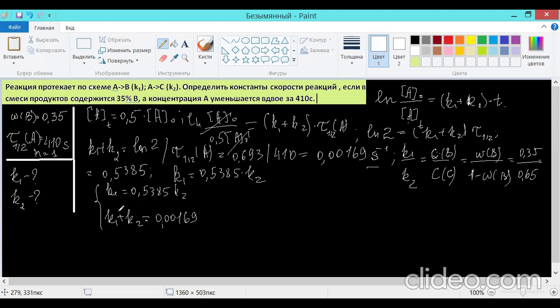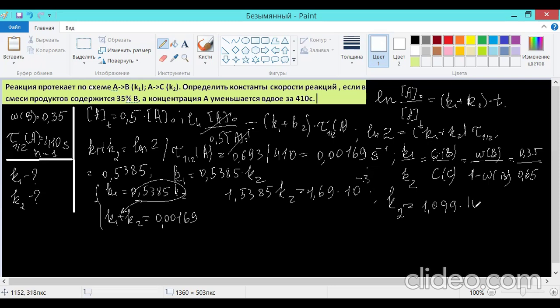We can substitute K1 with this expression, and finally we've got the following very simple algebraic equation: 1.5385 times K2 equals 1.69 times 10 raised to minus 3. Now we can calculate K2. It's equal to roughly 1.99 times 10 raised to minus 3 seconds